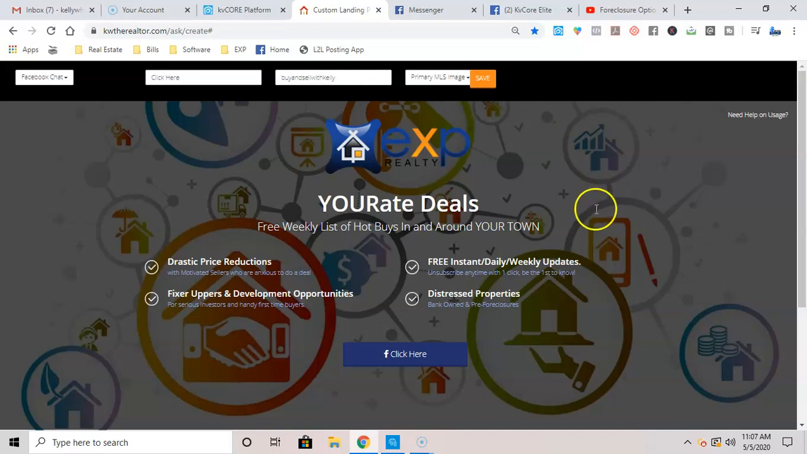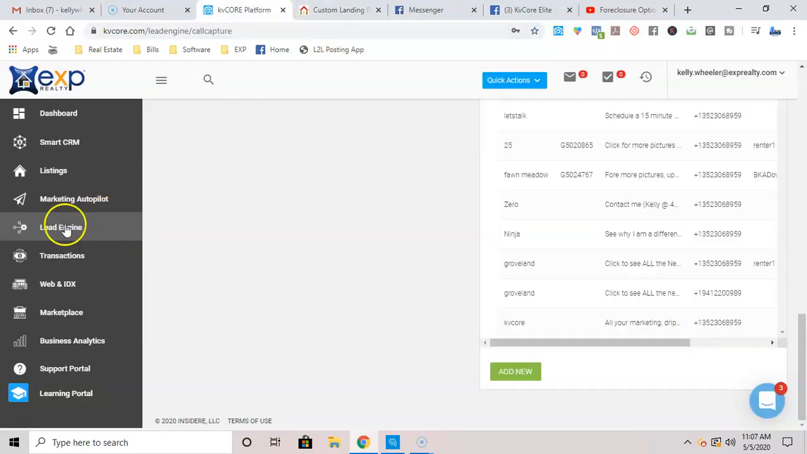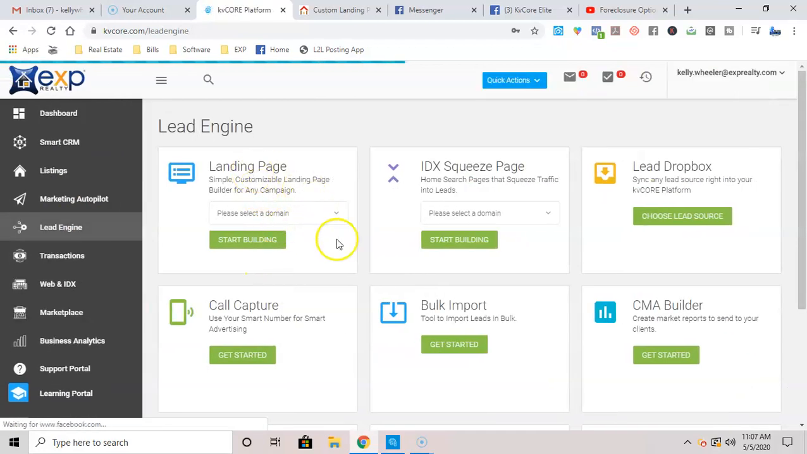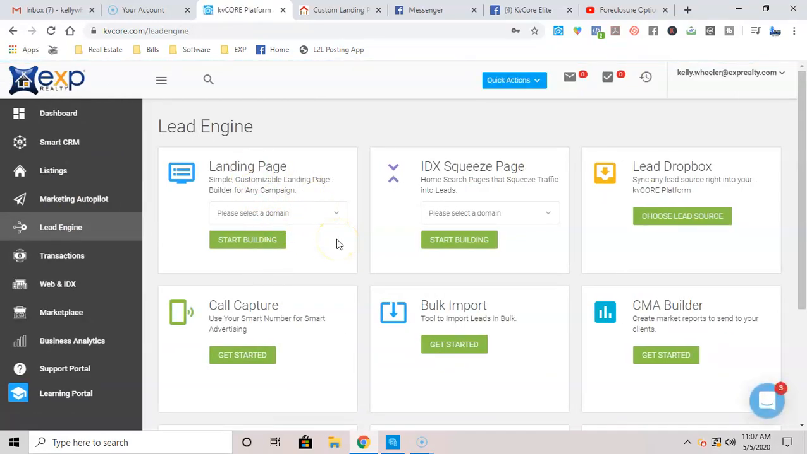So guys, there are all of the options you have on your lead engine landing pages. So I hope this was of help. Now, I did not purposely want to go into how to create the content for the pages. That's for another video. But this is how you can start using the different landing pages within KVcore